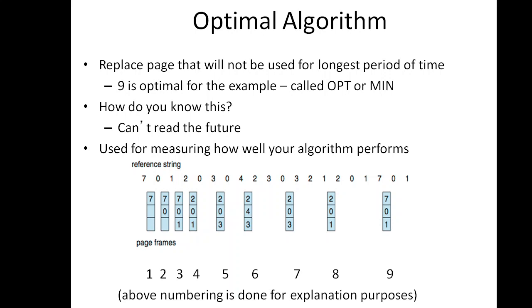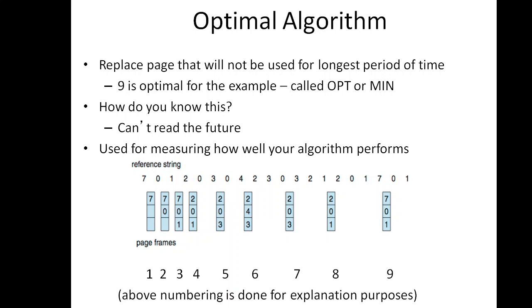The next value is 2. In order to insert 2, I have to search among these 3 values for the one not used for the longest period of time. You can just go on counting these values: 7 is 1, 0 is 2, 1 is 3, like that. We have inserted 7, 0, 1. Next value is 2, so which page do I replace? First one is 7. The next 7 is used at the 18th position of this sequence. We have 20 values. Till then, 7 is not referenced.